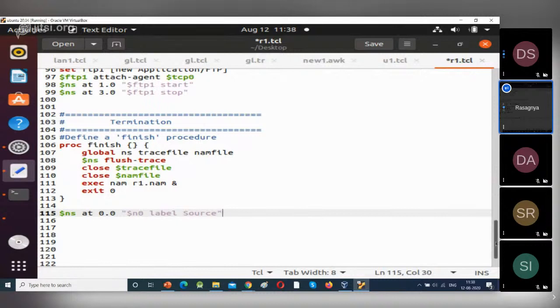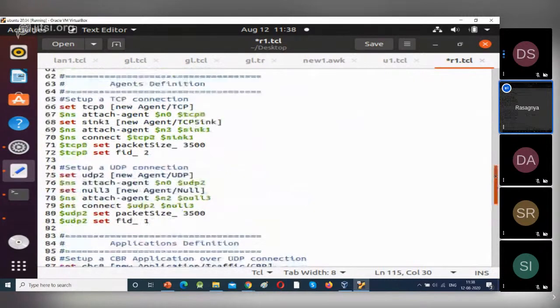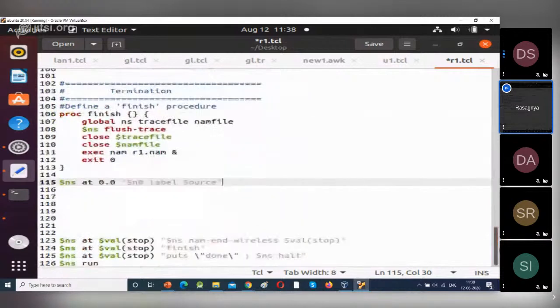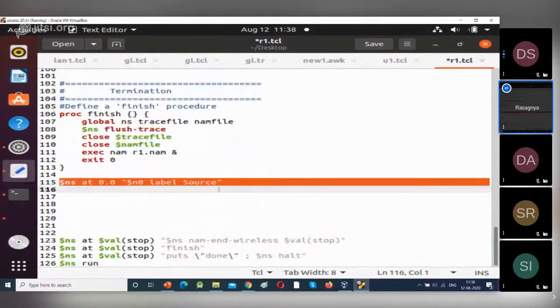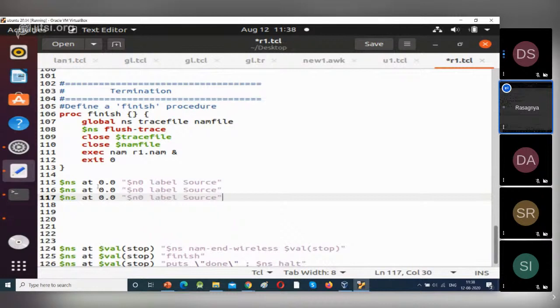Now we will see what are our receivers. See, N3 is sink and N2 is null. So give N2 as null and N3 as sink. So I'm changing this time to 1 second.